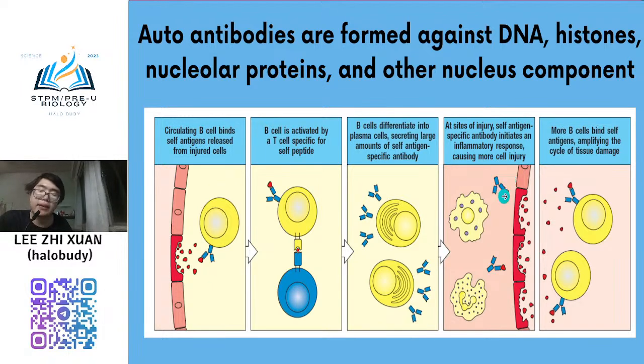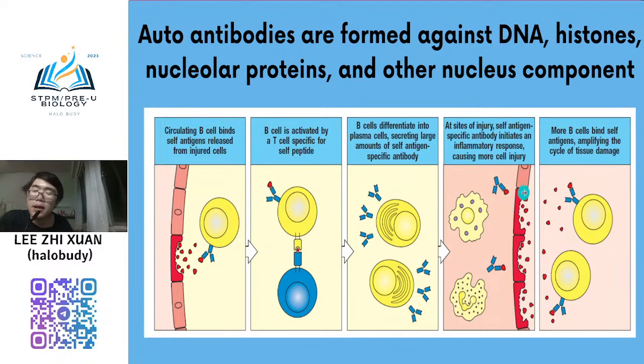The antibody will go and search, and then it finds that there are many cell antigens here. So it will bind here, cause inflammation, and then your cells will be destroyed even more. Inflammation in a normal situation is good, but here it is not good. It will destroy more, and it will kill the cells more and more.